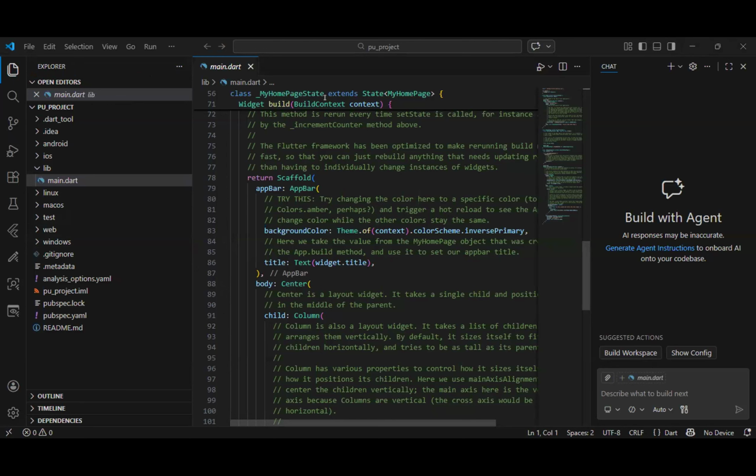The place where the mouse is, in the middle, where you see the line numbers, 56, 71, I am moving the mouse. So that is your code editor. That's where you'll be doing your coding. And it will also enable you to debug and make your corrections. So this center is where you'll be doing your coding.